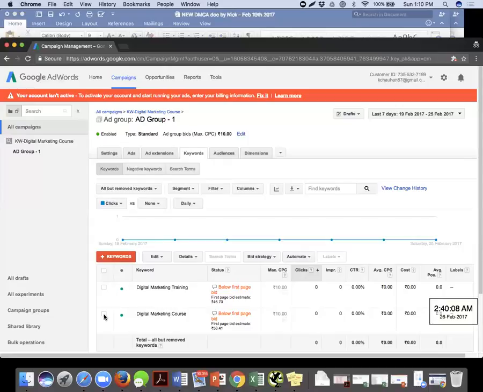But here we can change our bid strategy. This is the keyword level bidding which we can change. Try to click on that 10 rupees thing. You can put it on top of 10, then put it to 12 and so forth, whatever amount you want. When you put in 12, your bid will change from 10 for this specific keyword.